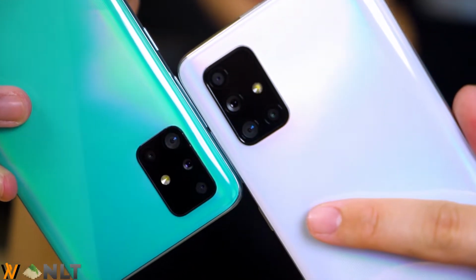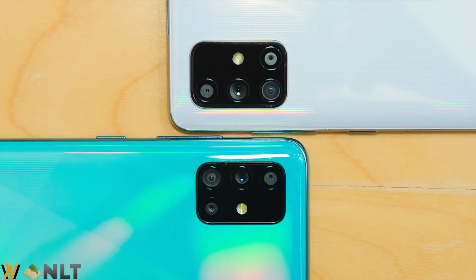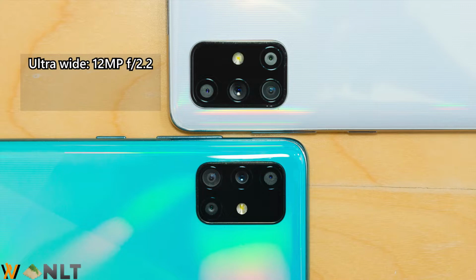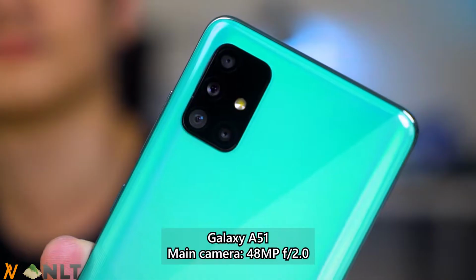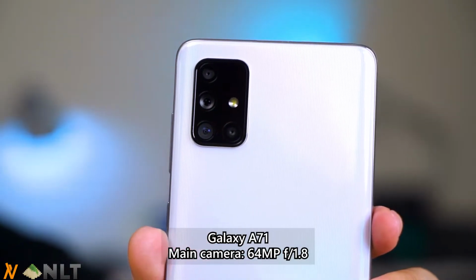And when it comes to the cameras of both of these smartphones, it is actually quite similar, yet the biggest difference is in the main camera itself. The three similar cameras that we have on these two phones are the ultra-wide angle camera, both 12 megapixels f2.2, and the macro camera, yes, a dedicated macro camera, both at 5 megapixel f2.4, and then there's also a depth sensor on both of these devices. But for the Galaxy A51, the main camera here is a 48 megapixel f2.0, whereas the Galaxy A71 comes with a